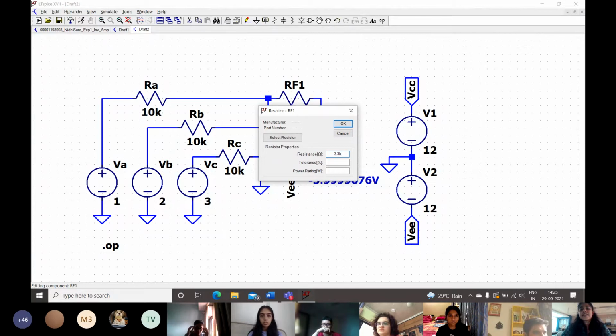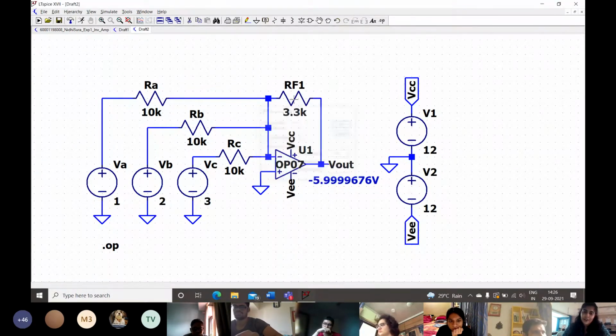Guys, an important thing I believe to do while you're simulating is to actually use resistors that are available to us in real life, because it gives you a realistic way to simulate the way that you would do in lab if you were actually there. If you want to know what the standard values of resistors are, you can find it on any website on the internet. Just type standard resistor values and use that list to pick values that are standard. So for example, 1, 1.5, 2.2, 3.3, 4.7, those are standard multiples in which resistors are available. So we're going to be using those.